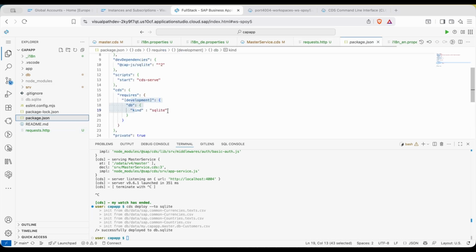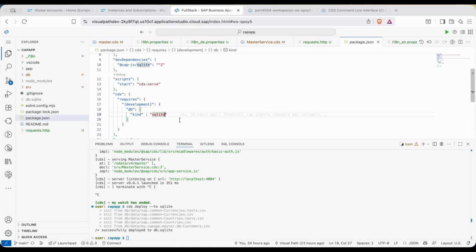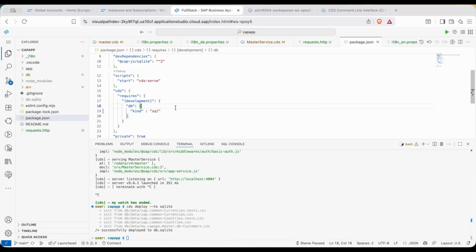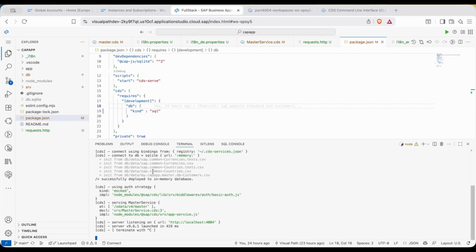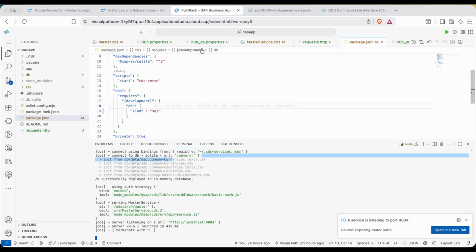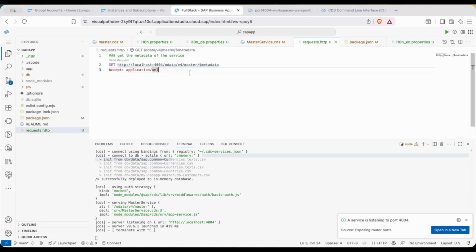Probably I go to packaging and change this to SQL. We created this profile yesterday, so by default now it will be an in-memory database. So I just say CDS watch. It is in memory now. And now what I will do is I will try to get the metadata. I'll click on send request,